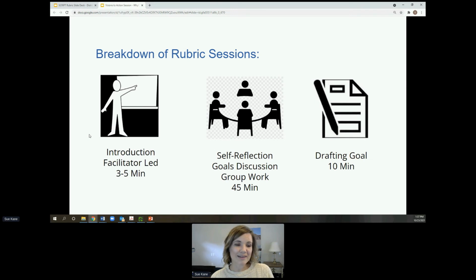conversations about here's what I know is happening in our district, which is why the composition of that district team is so important, because you want to bring a team that's going to be able to tell you this is happening at this level, and this is an expectation at that level. And so you come together in consensus on that rubric. And then it takes you about 10 minutes, believe it or not, to draft goals. Once you know where you are, some of these actionable steps will come off the page. And I know that seems unbelievable maybe at first, but it's not. It's really remarkable how districts coming through this process do get actionable goals.